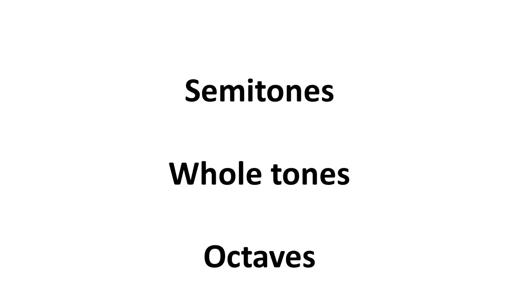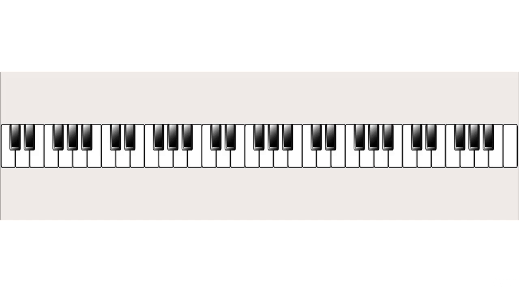Half steps, whole steps, octaves. What does all that mean? Let me start on a G, and then go to the first note directly on the right side of the G sharp, or the A flat. We call the interval from G to G sharp, or A flat, a semitone, or a half tone, or also